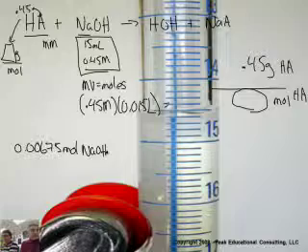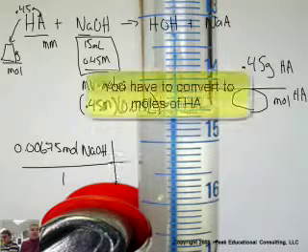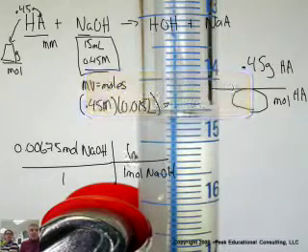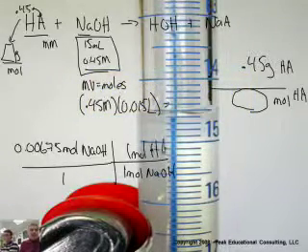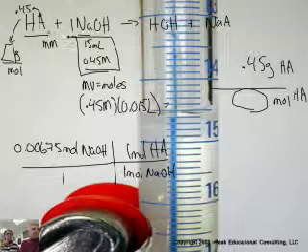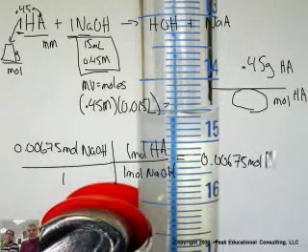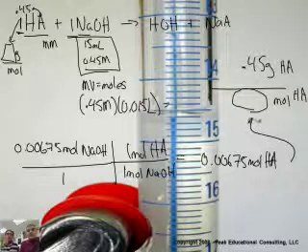I don't want moles of NaOH. I want moles of HA. Then I say 1 mole of NaOH is 1 mole of HA. Now, we've picked reactions that are all 1-to-1. That's not always the case, that's just kind of the way these reactions happened, so that's a little bit of a misnomer. But I don't need a calculator. That's 0.00675 moles of HA. Now that number gets plugged in here, and we take the divide, and we get